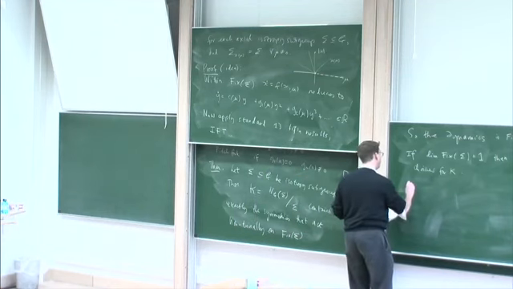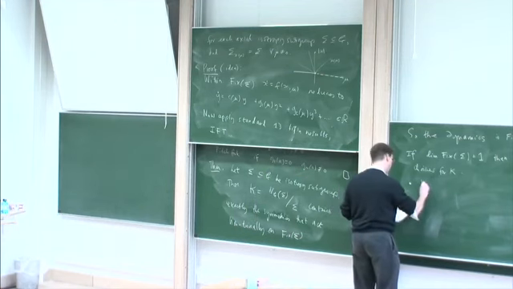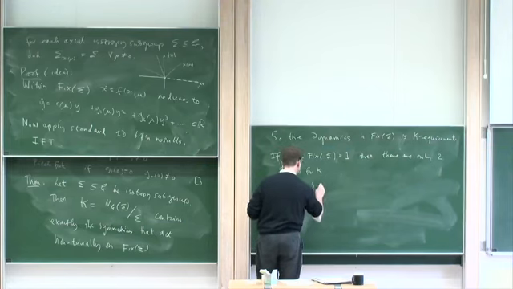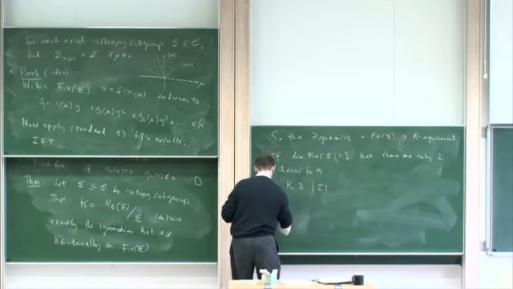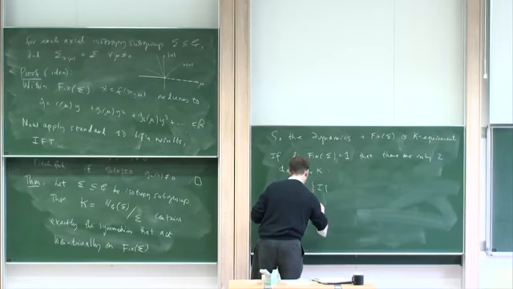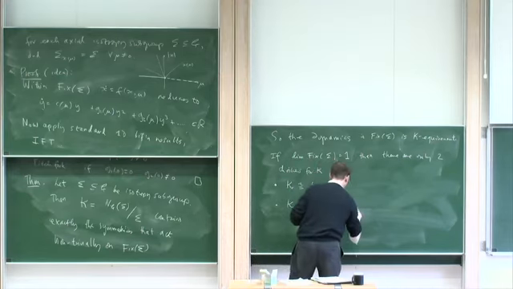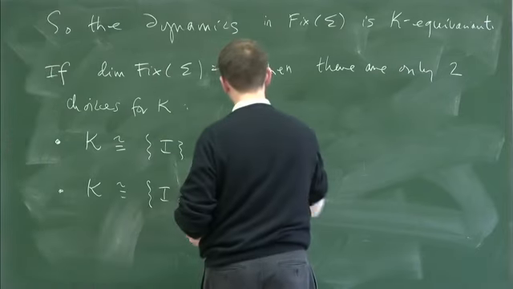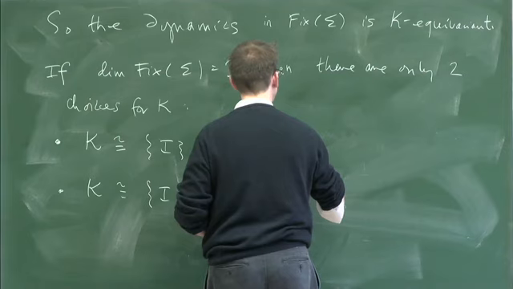So K looks like just the identity element, or K looks like the identity element and minus the identity. In other words, it's a Z2 group. Okay, so in this case, there's no more information,